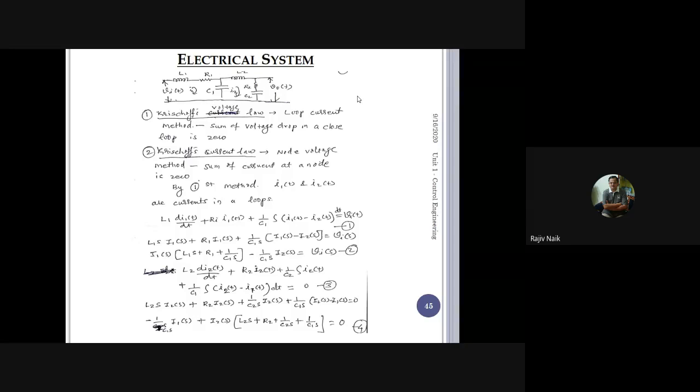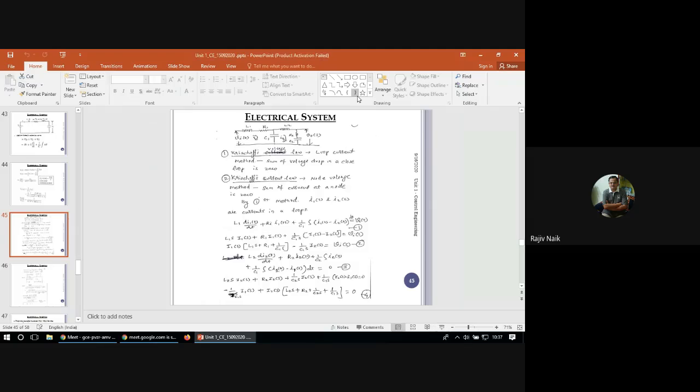So if you have any questions so far, you can stop here because almost 40 minutes are over. We can discuss, and afterwards we'll take a break of 15 minutes and then start with problem solving. I have done two problems: one on an electrical system, which we are looking at presently, and another one on an electromechanical system, that is a combination of an electrical system and a mechanical system. So if you have any questions, you can unmute your mics and ask about whatever is covered so far.